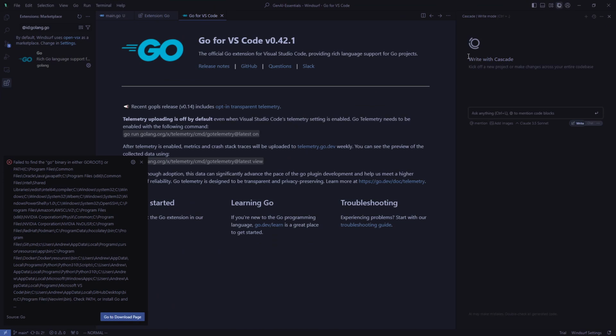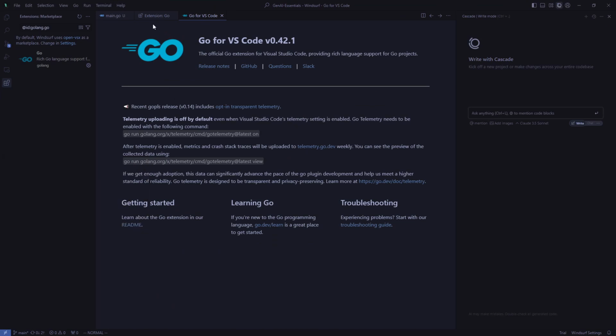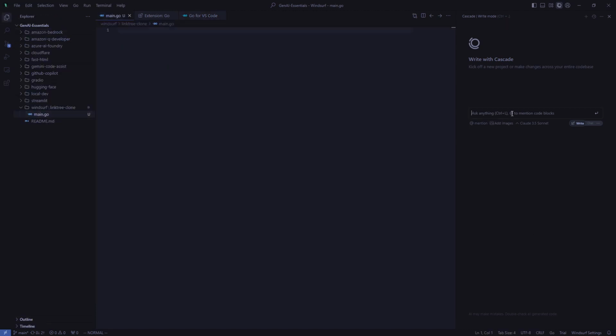And we have Cascade up here. I'm not sure why it's called Cascade, but that's totally fine. I want to go over into here. It must be the name of their chat, I suppose. And so I'm going to just say, I want to build a simple web app that is API-driven,